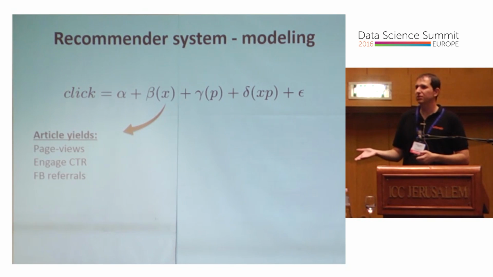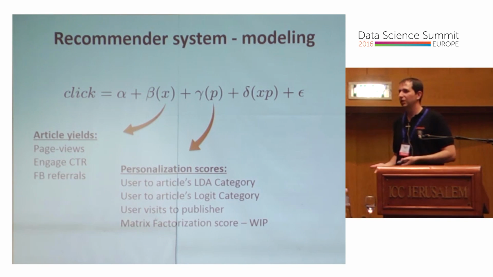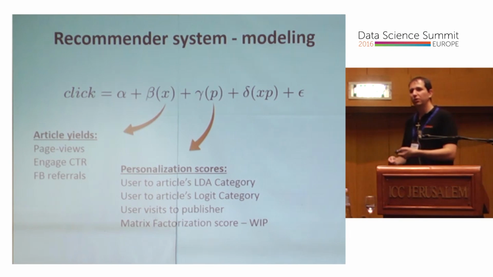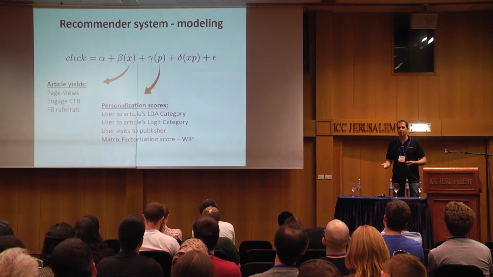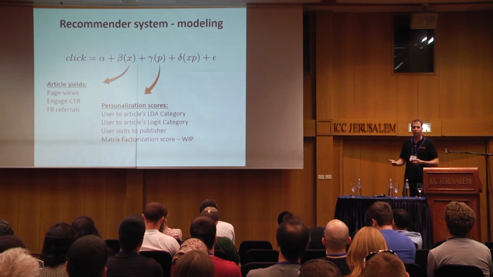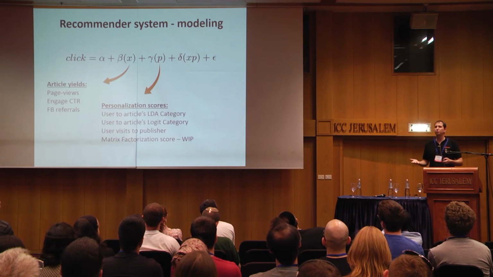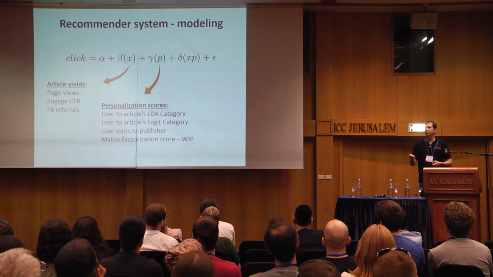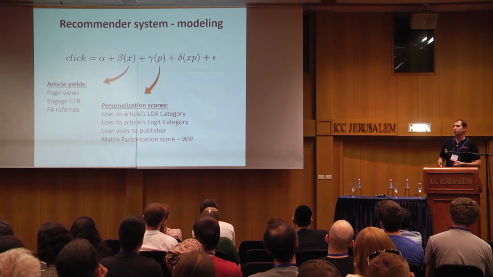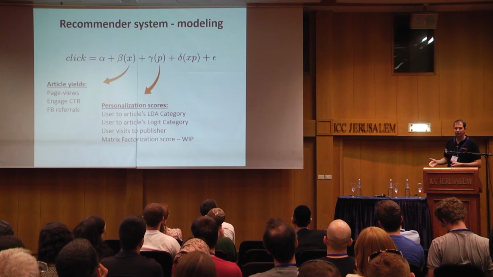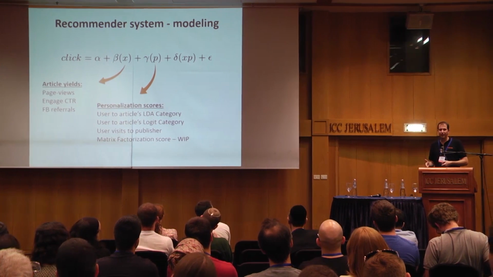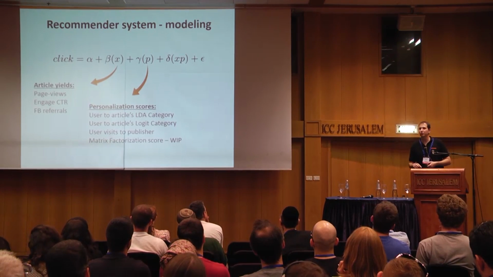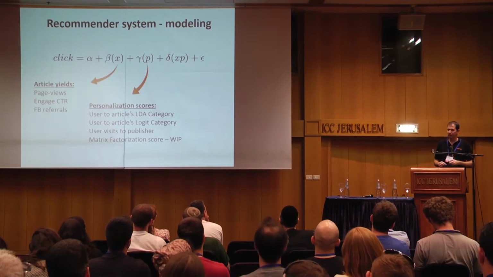So we have the yields, and of course with a personalized content recommendation system, we had to combine that with the affinity of the user to different characteristics of the document that we're trying to rank. So this is basically a model of models. We're applying all sorts of metrics to indicate the proximity of the user to the document. It includes the user to article Jaccard similarity in terms of the article's LDA category. We have 2 sets of categorizations. One is based on LDA, one is based on a logistic regression.